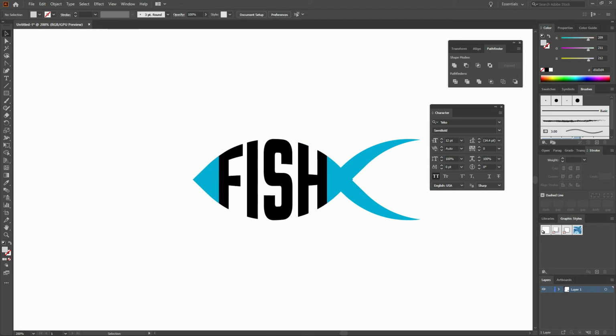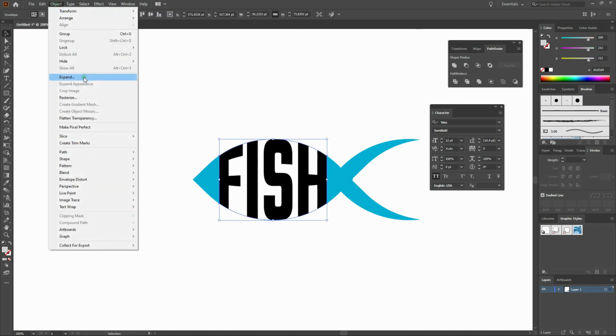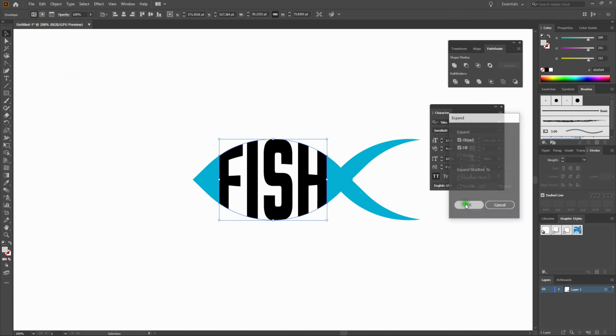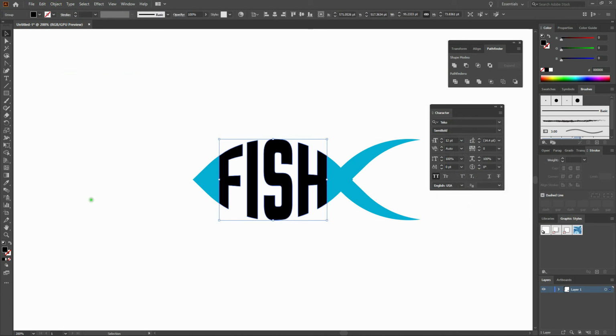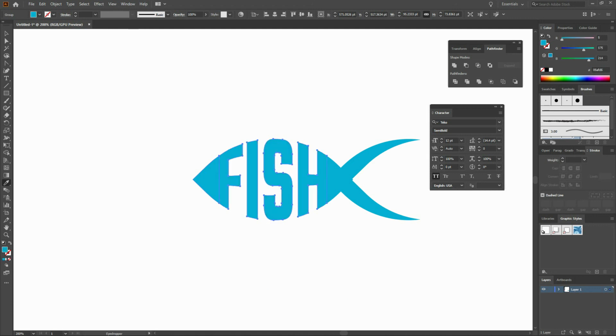Once again, to change the color of our shape, we need to select our type shape and select Object, Expand. Once we've done this, let's grab our eyedropper tool, and with our type shape still selected, let's click on the color that we want. Once done with that, let's grab our selection tool, we'll click on our shape, and let's just tidy it up